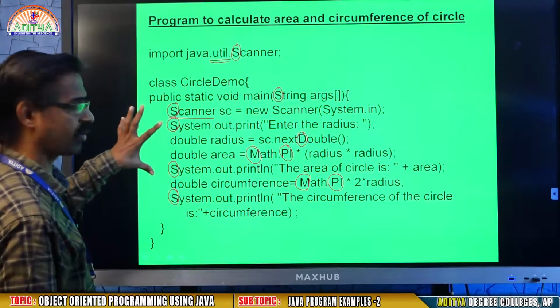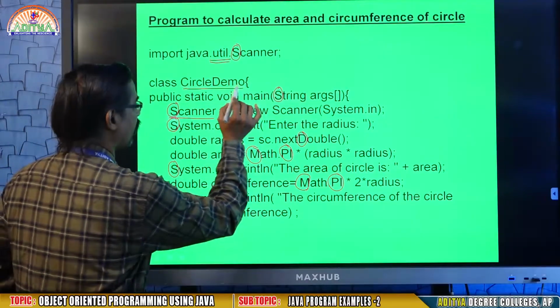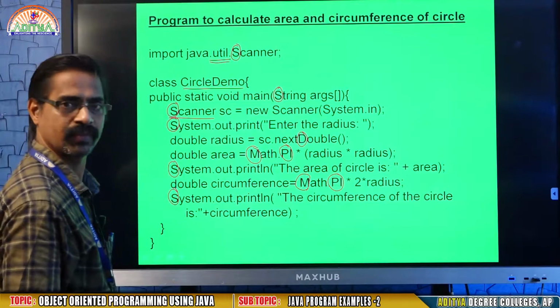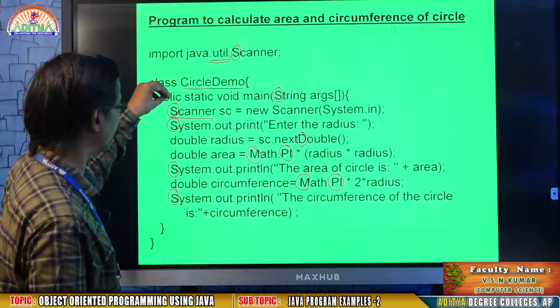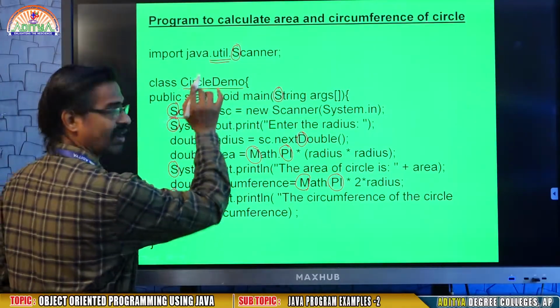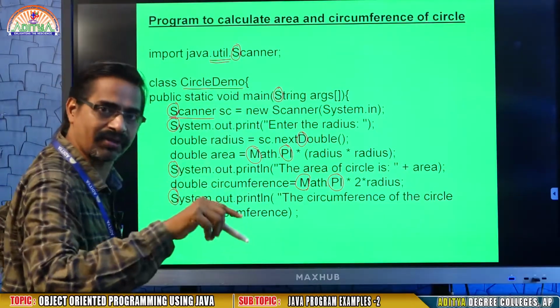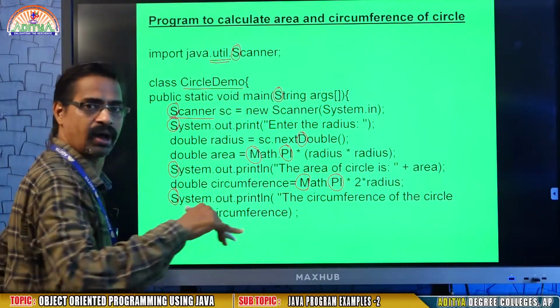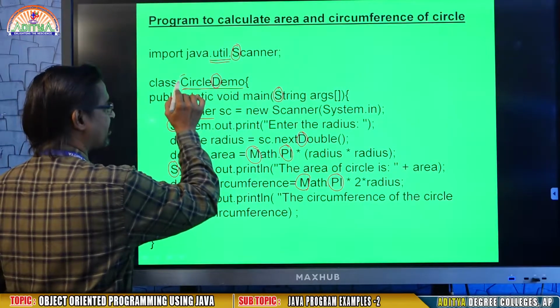So this is my program. Remember, this is called the class name, especially that class name given by me. I am creating this class name. So when a user is creating his own class names, there is no need to follow the regular rules, that the first letter must be capital. You may write it or not.